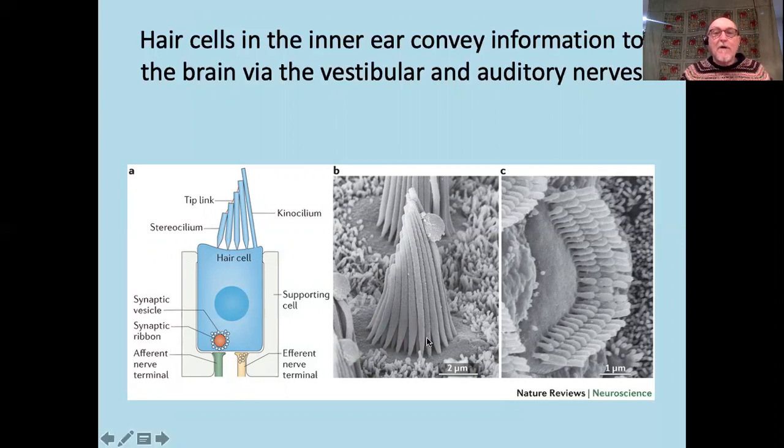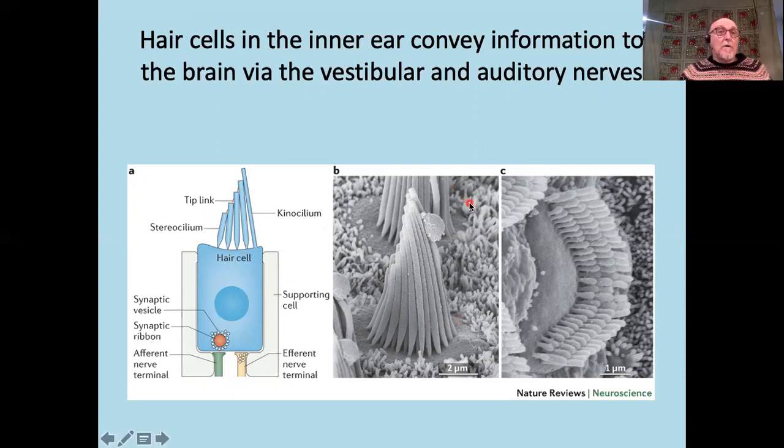Here are the hairs. This is the view from the side. But if you look at it from the front, here's the surface of the hair cell here. And you can see they're arranged in these beautiful arcs like that, and these are what are going to be vibrating. In the case of the outer hair cells, they actually move to amplify the sound. The inner hair cells vibrate and send a message to the brain. The sound is being received, and that is then analyzed initially by the temporal lobe and then by all of the rest of the areas that we talked about before.